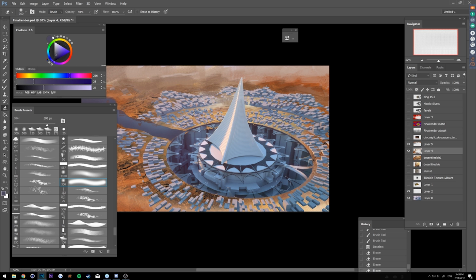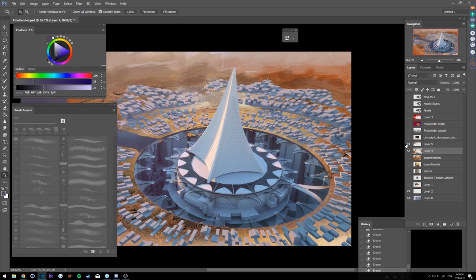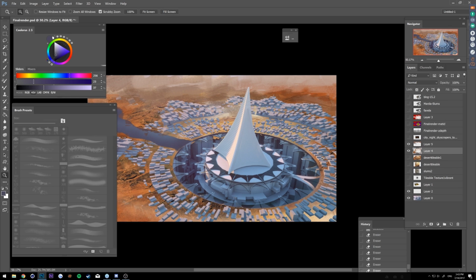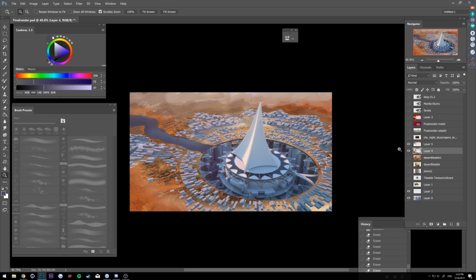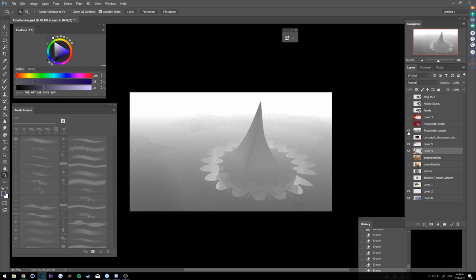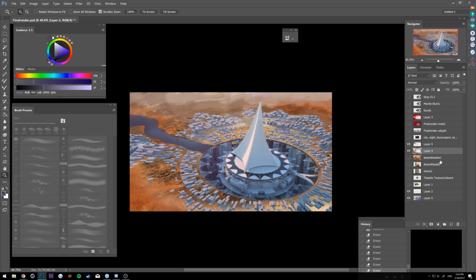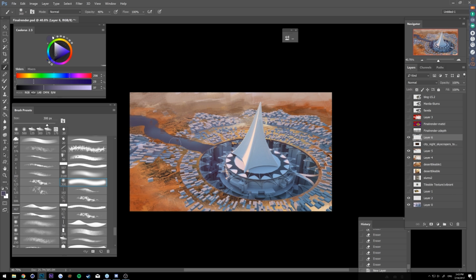Cool. Okay. So let's create a little bit of depth. I also want to show how you can use the Z depth pass, because you can see it's a black and white image, and the further your geometry goes back into space, the more white it gets, and you can also change that by playing with some parameters. But you can use it in Photoshop. You can use that as a layer mask, and that's very interesting, because